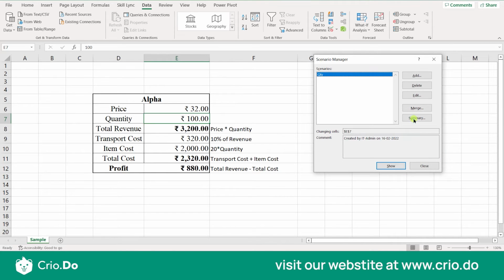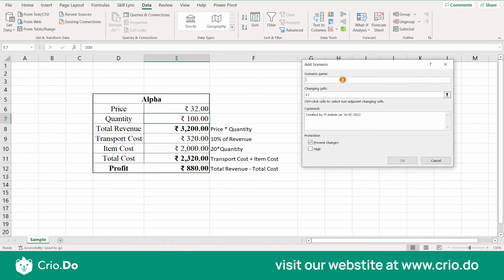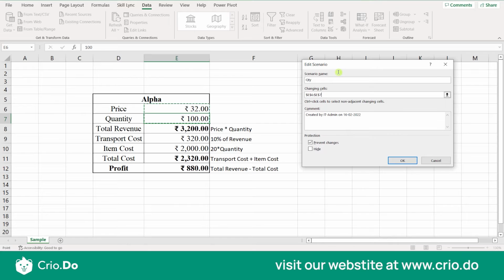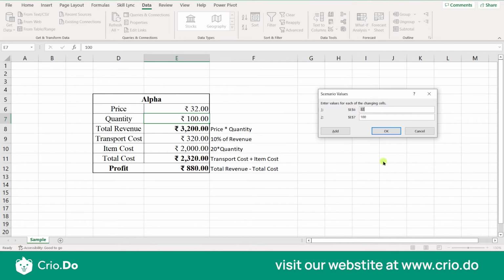Let me delete this as well. I'll click on add, scenario name. Again, I am providing quantity, and control plus click cells to select non-adjacent changing cells. So if you want to have some more range, you can provide that as well. Let me click here price and quantity both, and I click on enter and OK. In that case, now I have two values. So price, let me make price as 40, and quantity, let me make it 200,